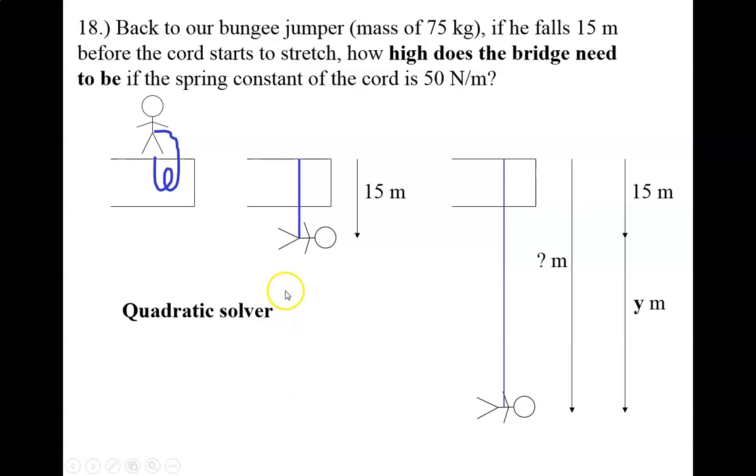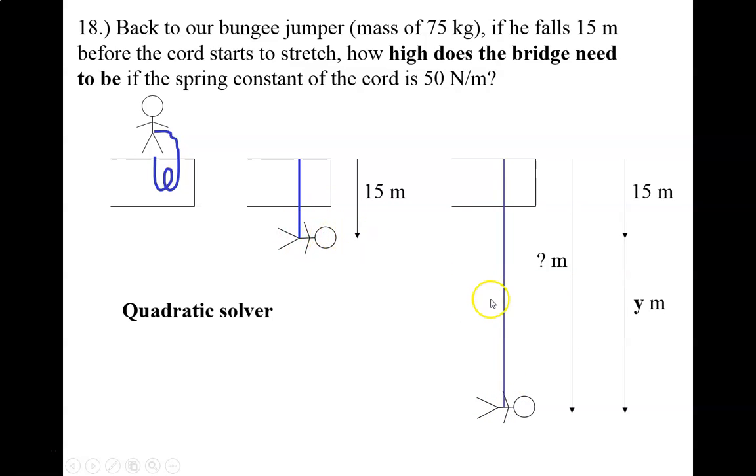Okay, so back to this. Sorry, I got interrupted here. So we're originally starting out with gravitational potential energy. So no spring energy, no kinetic energy. So we've got mgh. Now our height is going to be 15 plus y, as again, we're considering this to be our 0 state. So we chose our variables carefully because this is an important quantity to know. So we're going to skip this middle state.